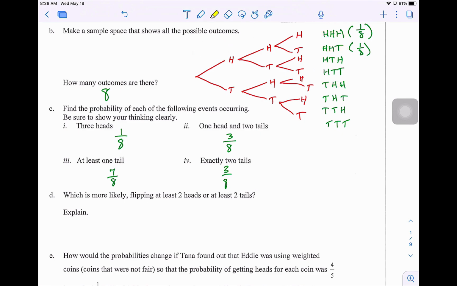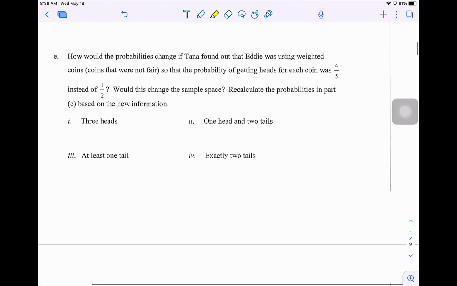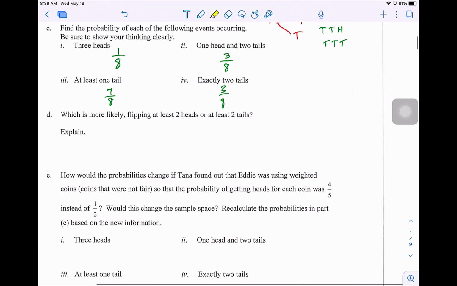All right, the only thing left then, and this one gets a little bit confusing. Now they go into part E, and they say, how would their probabilities change if Tana found out that Eddie was using a weighted coin, a trick coin, if you will, okay? So that the probability of getting heads on each coin was actually 4/5 instead of 1/2. So as you're flipping that coin, if it's weighted, 4 out of every 5 times rather than 1 out of every 2, you end up with heads instead. I'm not going to necessarily go back and finish this all out, but here's how we would do it. If we go back to the tree diagram,